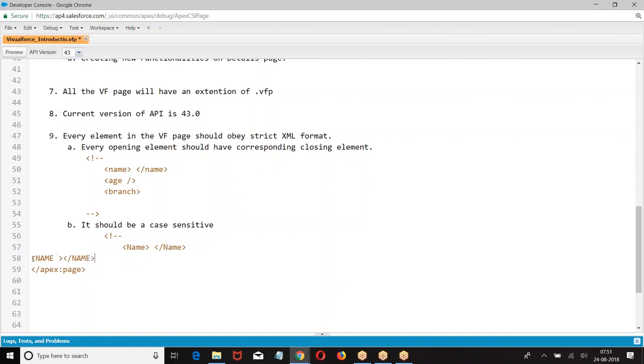You write the name in whatever way you want, but if you write a name as capital, closing also should be in capital. We are not saying it should always be small letter or only capital letter. Opening and closing elements should be the same.